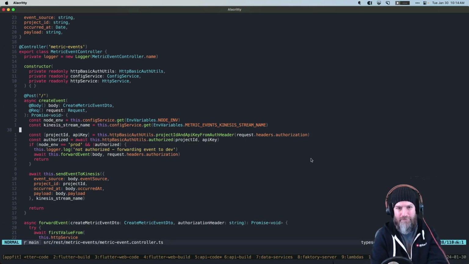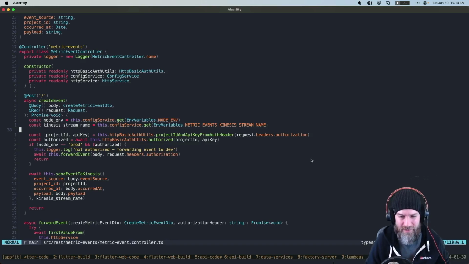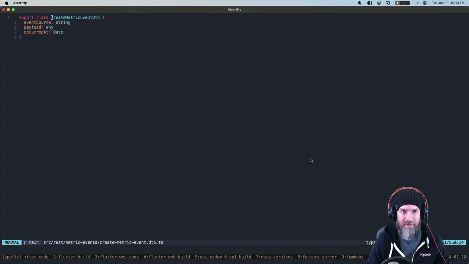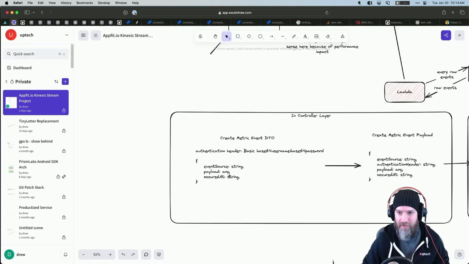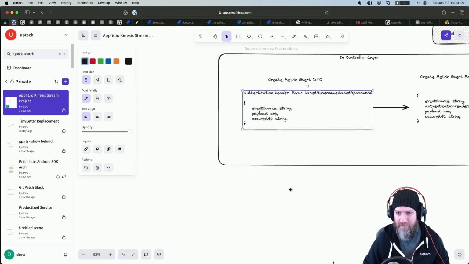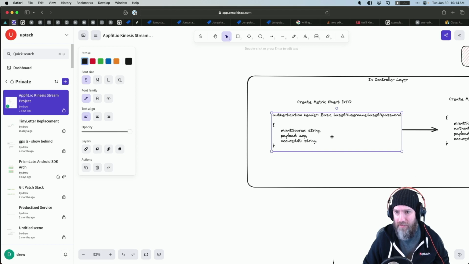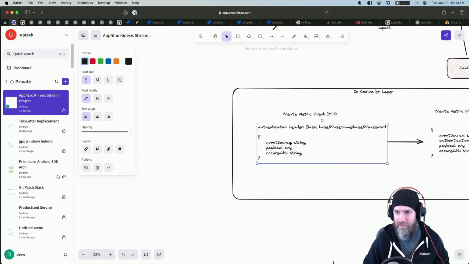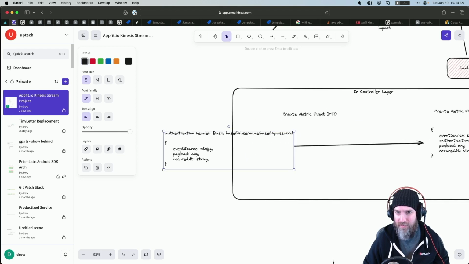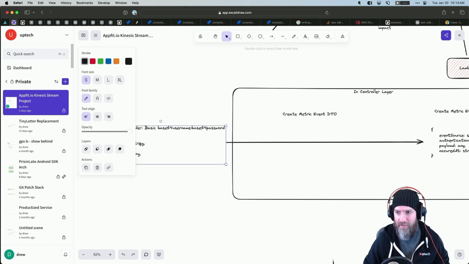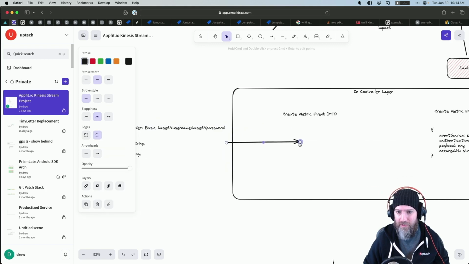So this takes this create metric event DTO in, which is this. So that looks right. Let's figure out exactly how we want to represent this. This really comes into